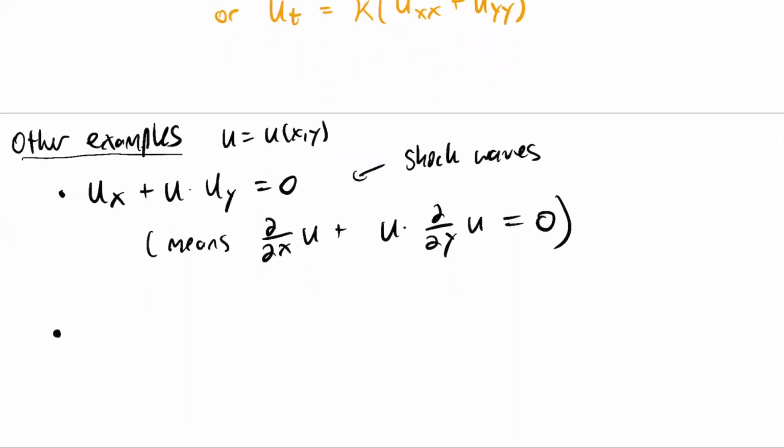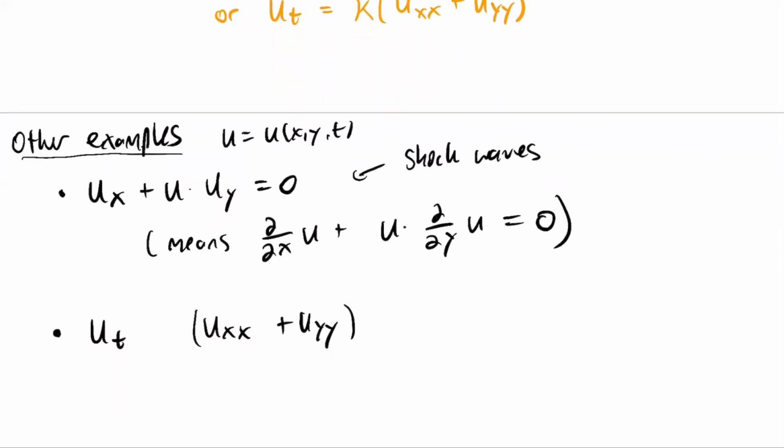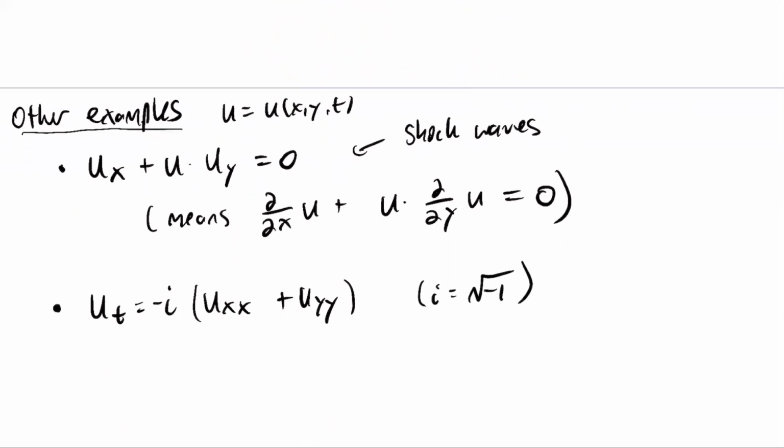Another example, let's say we look at the equation from before, which was the heat equation, where we had something like this. Right, so now let's say we add on a time variable as well. But instead of this arbitrary number kappa from up here, let's not actually use a real number, let's use the complex number i, where i is the square root of -1. So this equation that I just wrote down is another important example of a partial differential equation,